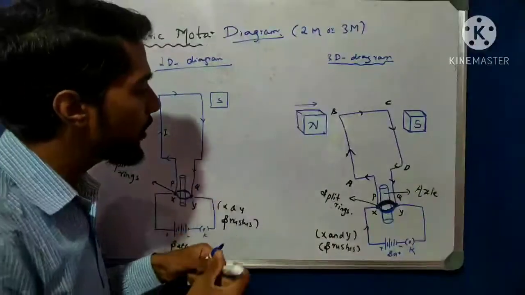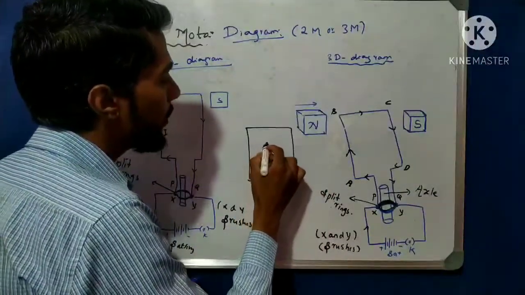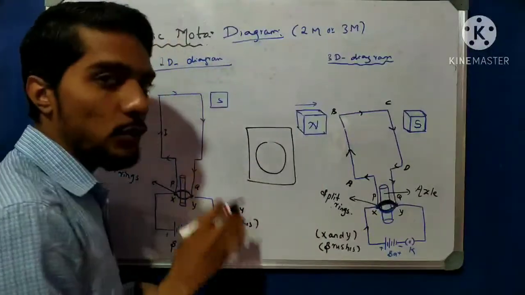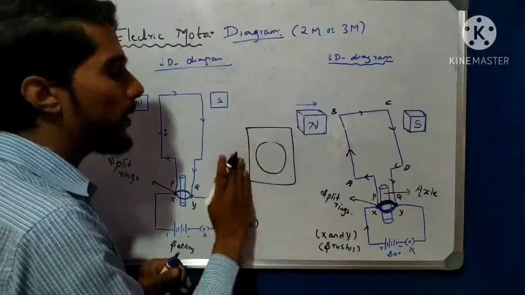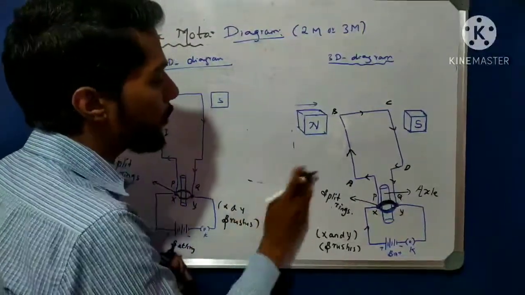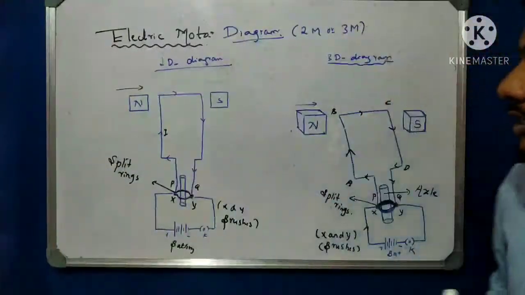This is the paper size, so start here. Draw this at the center of the page. Okay, it looks very nice. So the center, or you can make the half-page diagram. That is enough. So this is the diagram of the electric motor, very important. Hope you understand how to draw the diagram.